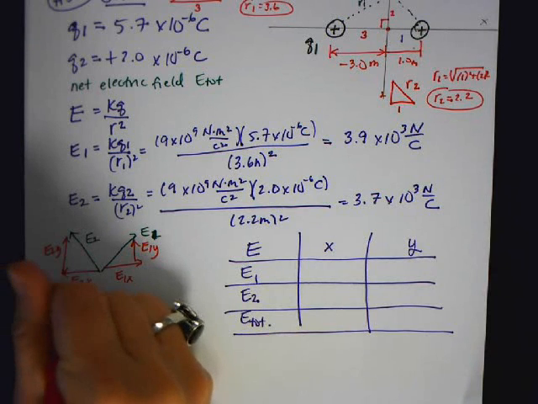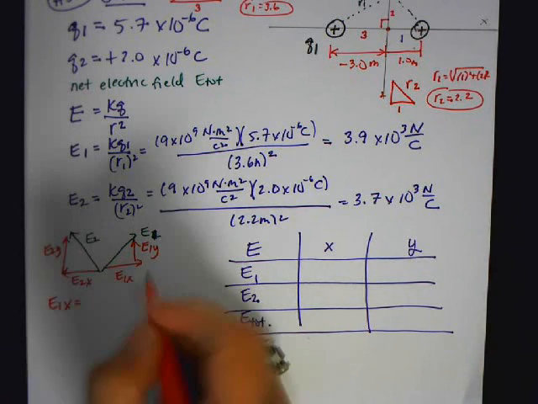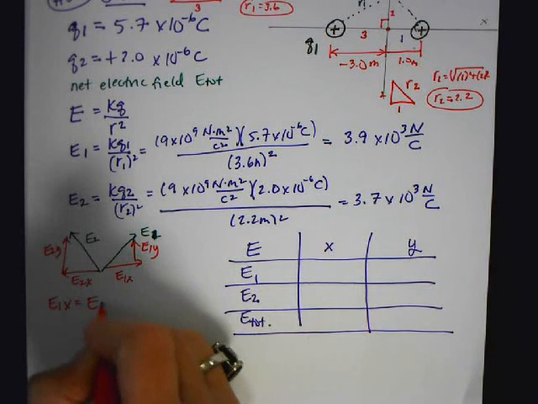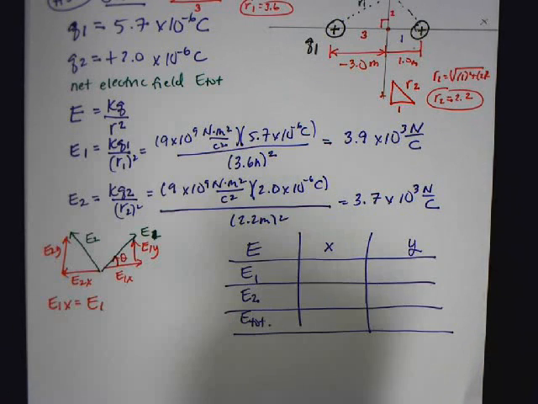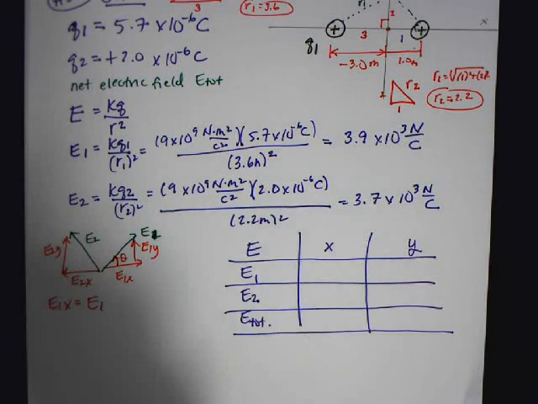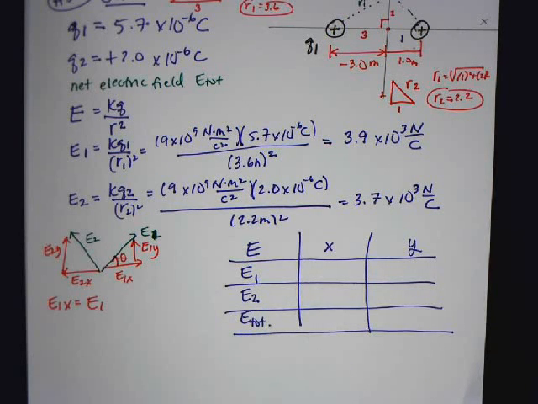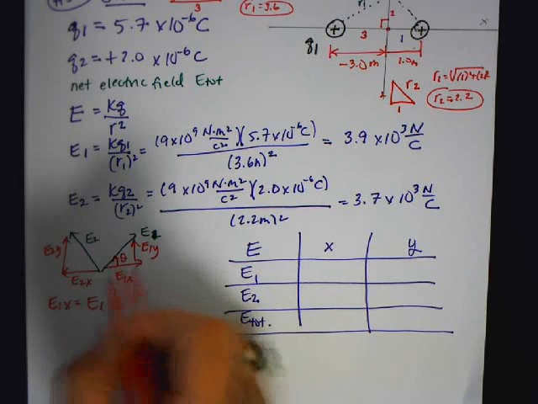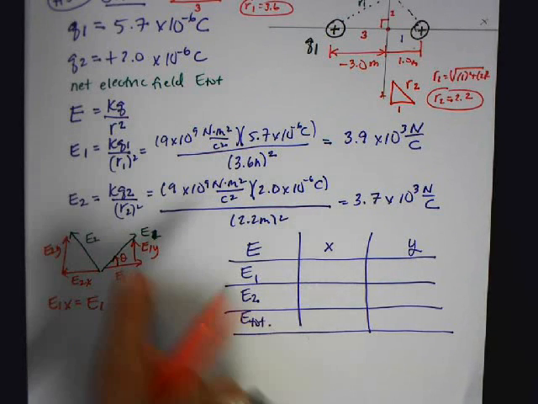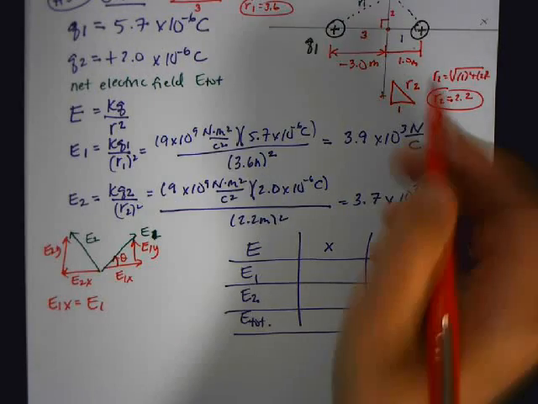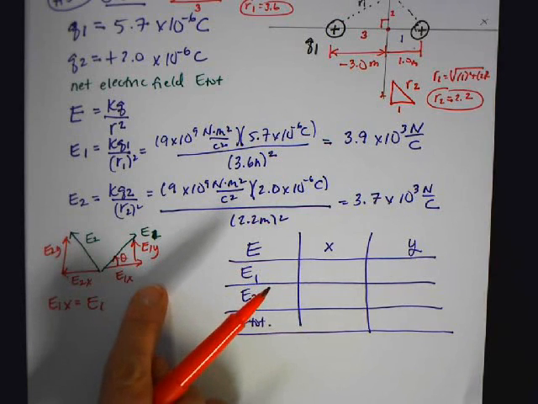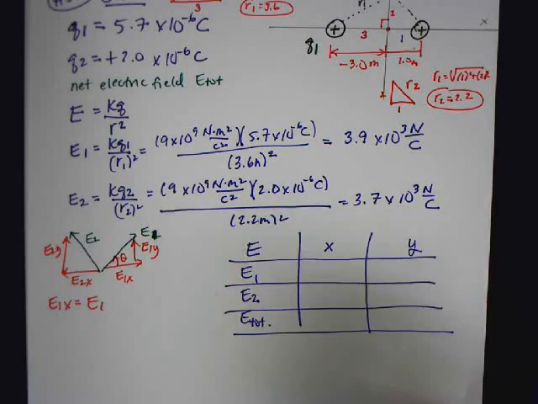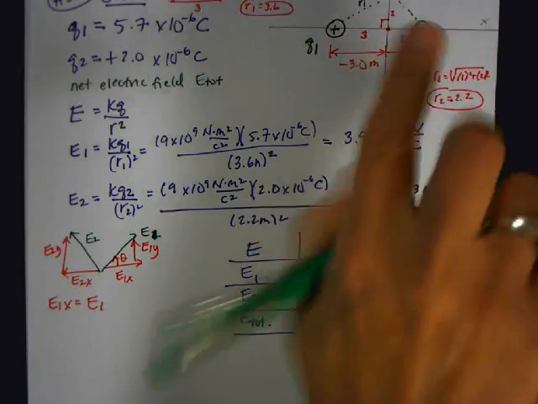So E1x, which is over here, is going to be E1 times, I need to find this angle. So there's a bunch of ways you can do it, because we've been doing everything with sine, cosine, and tangent. What I would do is, I would say, well, what is this angle? And there's easier ways to do it. So if I look at this triangle, I already know that E1x, all I have to do is find, I know that this is, when we looked at this similar triangle here,